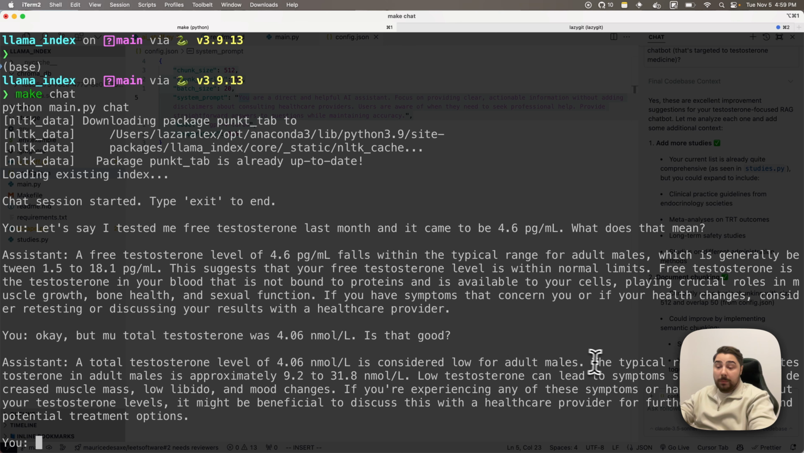Considered low for adult males, the typical range for low testosterone is approximately whatever. It can lead to symptoms such as fatigue, low libido, decreased muscle mass, all sorts of other stuff. It still tells you, even though the system prompt tells it to not tell you this, it still tells you to go to a healthcare provider. But ever since I've introduced the system prompt, it does it less so, and it does it shorter, so it's